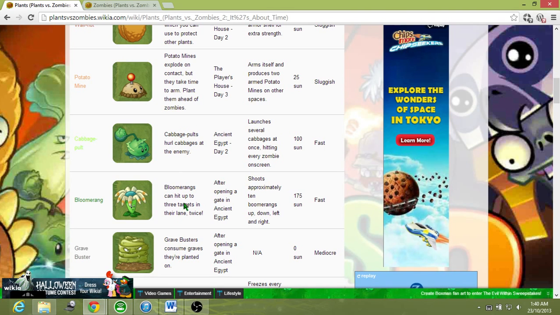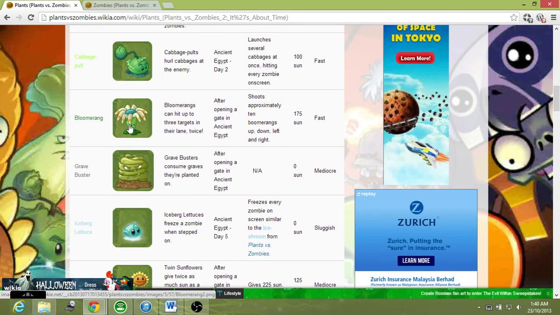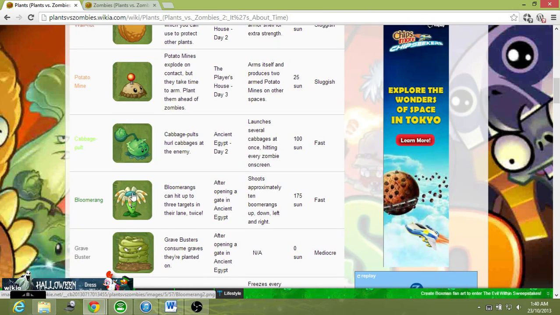Next, we'll move on to the first filter type plant, but I will consider it overlapping between temporary support and filters, because the Bloomerang itself doesn't deal a lot of damage. It won't deal a lot of damage to hold out a single lane on its own. It needs backup. Because if you do a simple damage comparison, let's say the pea shooter shoots 1 pea, the time it takes the pea shooter to fire 2 or 3 peas would be the time it takes for the Bloomerang to fire out 1 boomerang. So within the period that the pea shooter shoots out 3 peas, which is 3 damage, the Bloomerang would deal 2 damage,